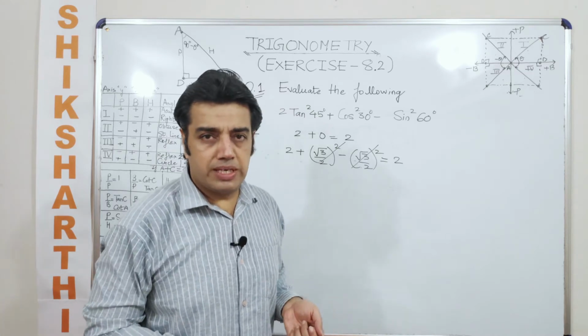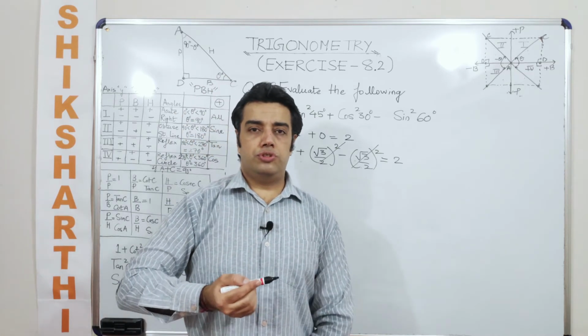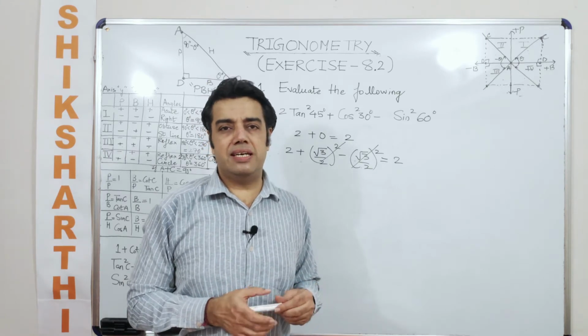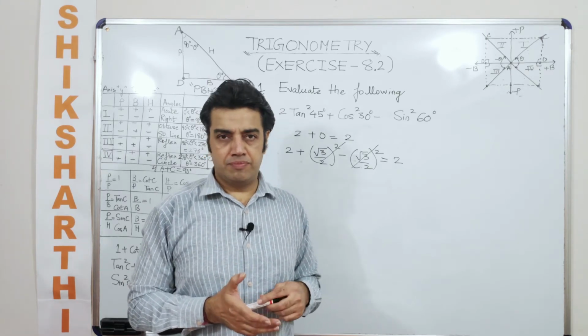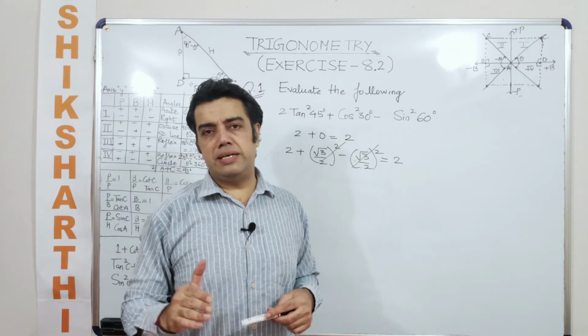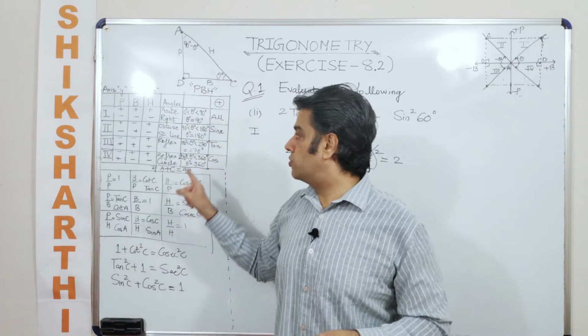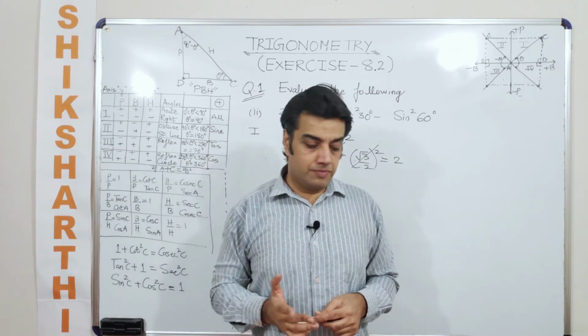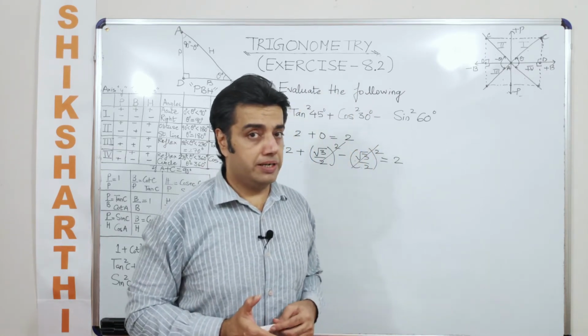Right? You can solve it in this way. So we have used two things. One is the complementary rule. Complementary rule is sin theta is equal to cos (90 minus theta), or cos theta is equal to sin (90 minus theta). And we know in the first quadrant all the trigonometric ratios are positive. Okay, let's move on to the third part.